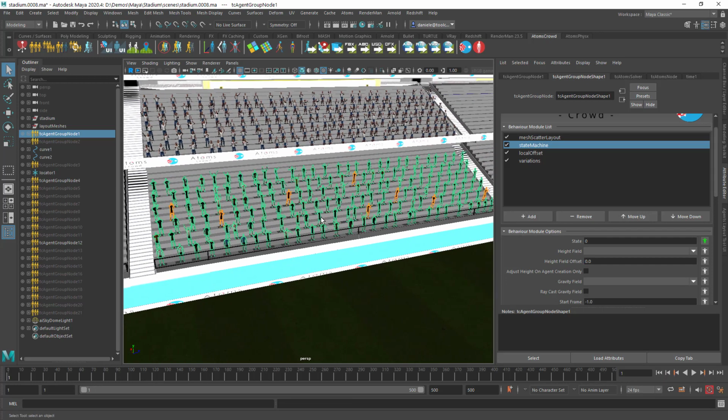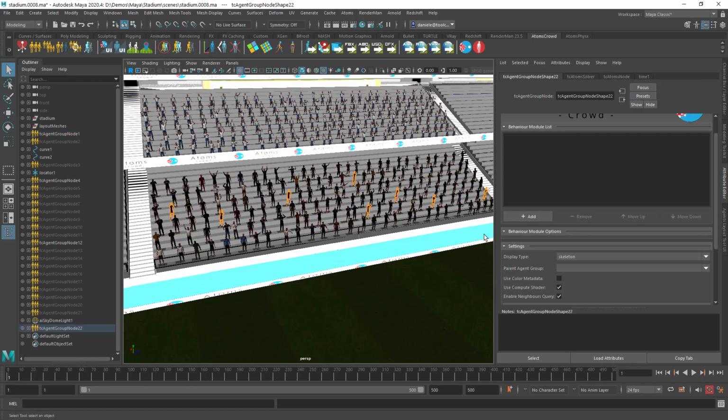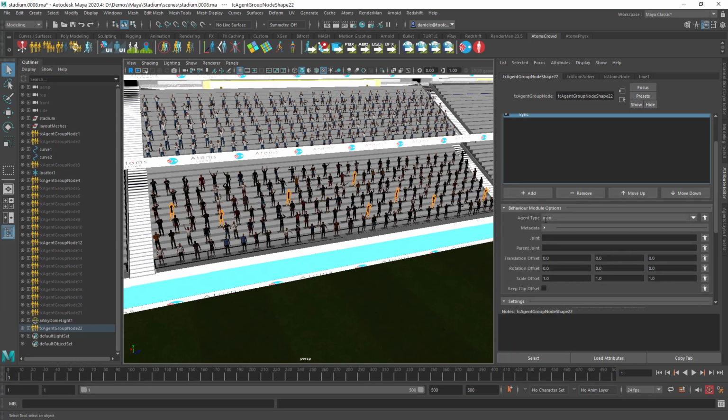To do that, as we said earlier, you could have gone through the variation route, so the flags would be in the variations. Otherwise, we can use the new agent type that we created for the flag, and create it on top of these other agents here. So we're going to create a new agent group, and then attach a sync module. The sync module, what it does is basically you can provide